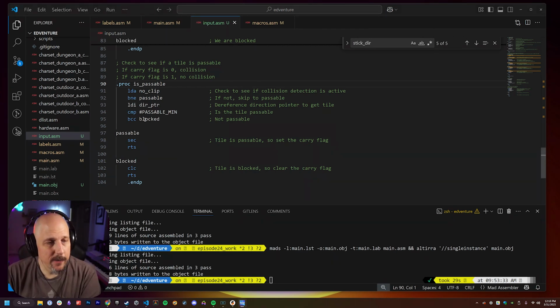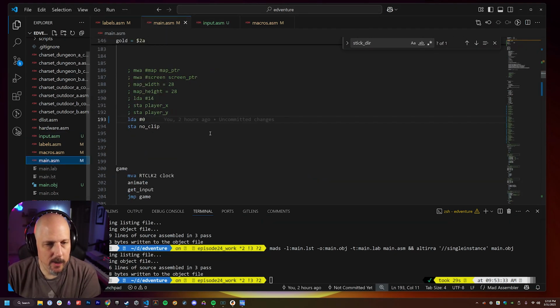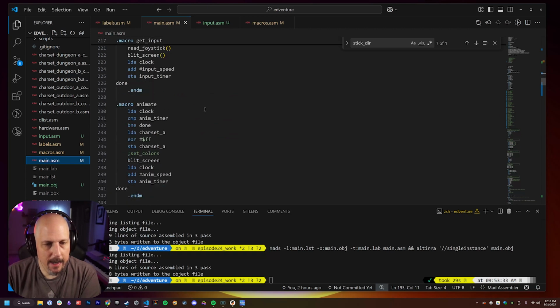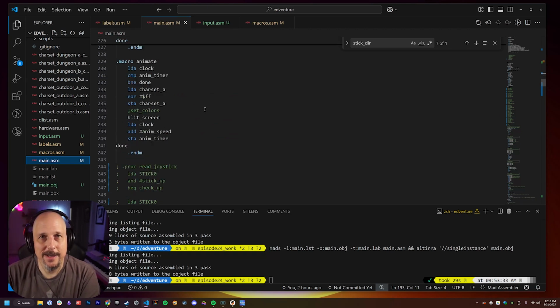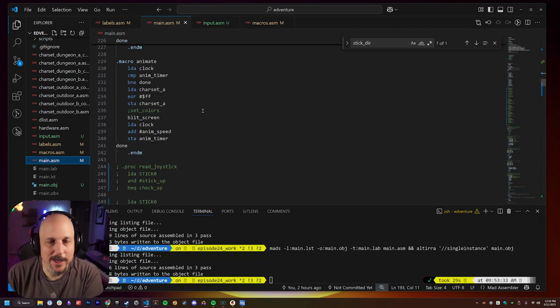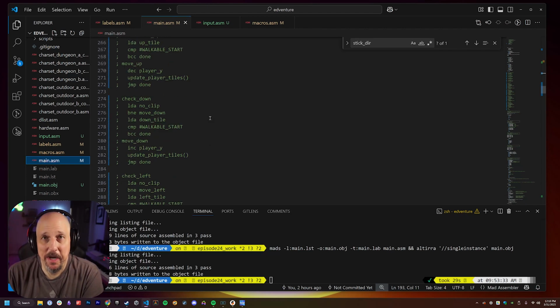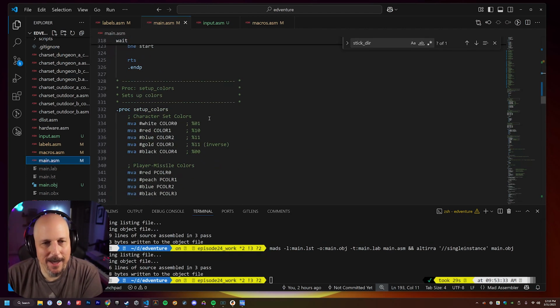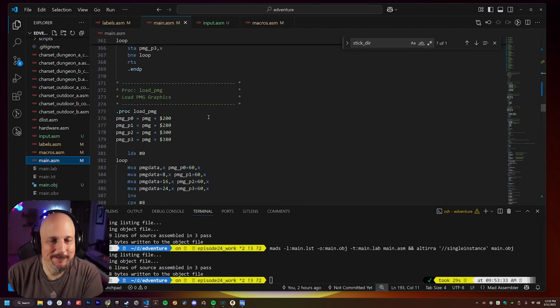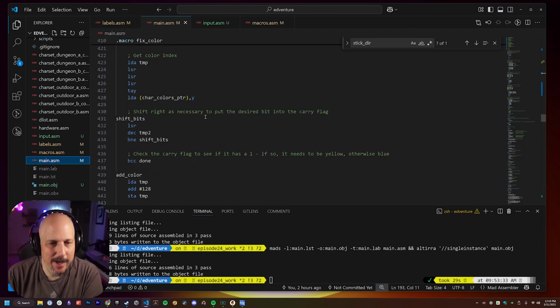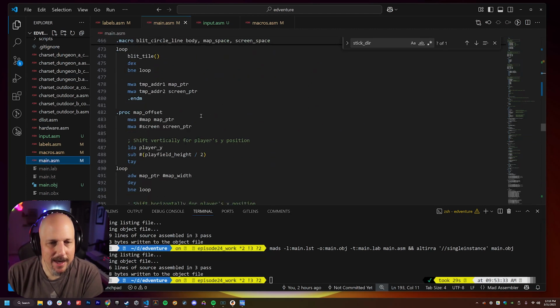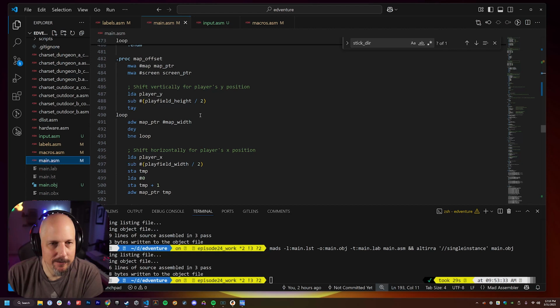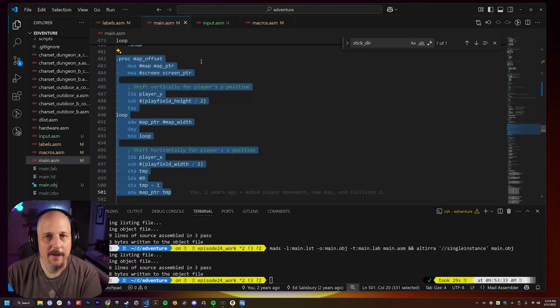All right, so let's see if we can make this work. So let's go back into main. And yeah, the player pointer is really what the crux of everything is now. And we're not doing anything with it. So we're moving everything around, but yeah, can't see the reaction from that. Okay, so the bulk of this here is this map offset